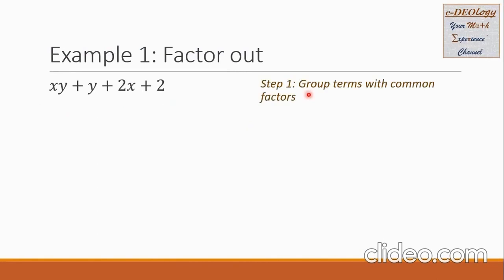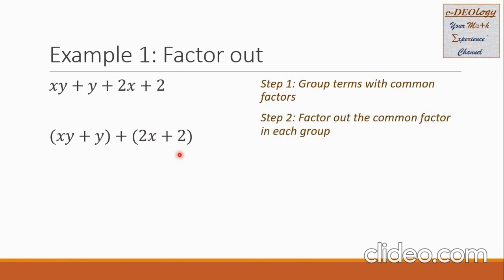In step 1, we're going to group terms with common factors. So I'm going to group the first 2 terms, xy plus y, and the last 2 terms, 2x plus 2. In step 2, factor out the common factor in each group. In the first group, the variable y is common, so I'm going to factor it out. So y comes out. What remains inside is the x